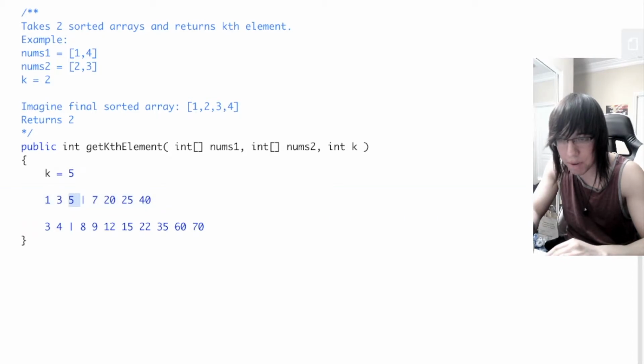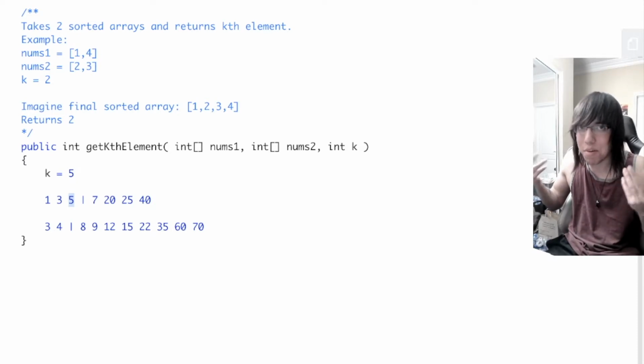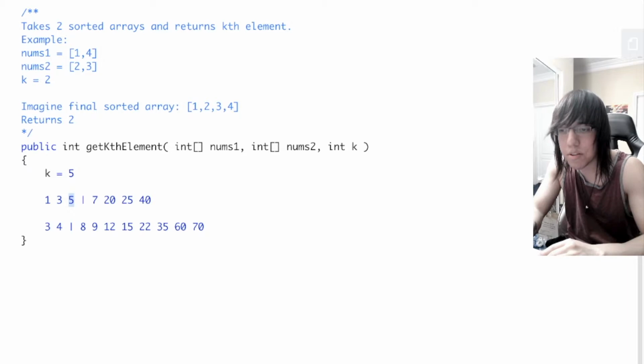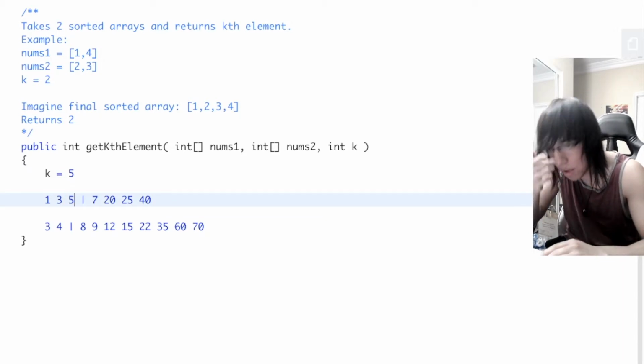So it's because 5 is greater than 4, 5 is the biggest element within those first 5 elements, therefore it must be our kth value. So yeah, we would just do like math.max between those two values. Okay, so